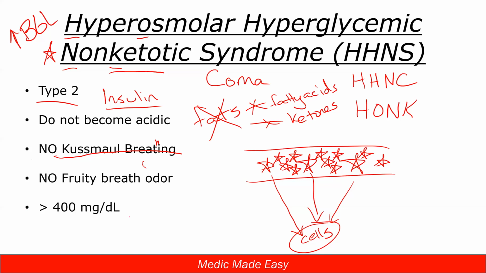This one, similarly, is very high, generally even higher than DKA. If DKA is showing up 400, 500, 600, this HHNS might be 600, 700, 800, 1,000 for a blood sugar. Generally, even higher takes even longer. So DKA maybe a couple days, hyperosmolar several days, 1 to 3 days, 2 to 3 to 4 days, 6 days, 7 days. They've been progressing to this issue.